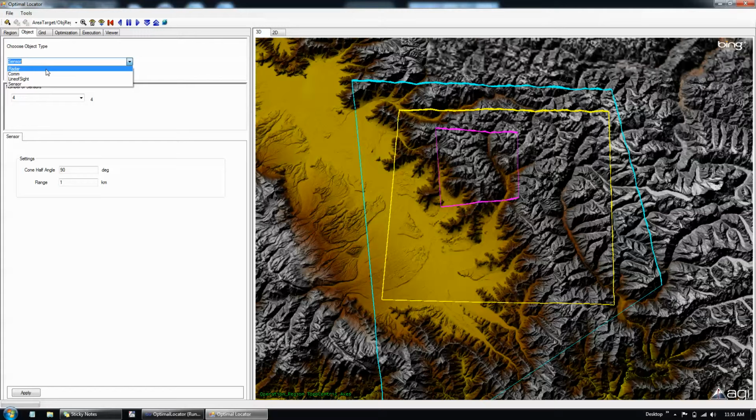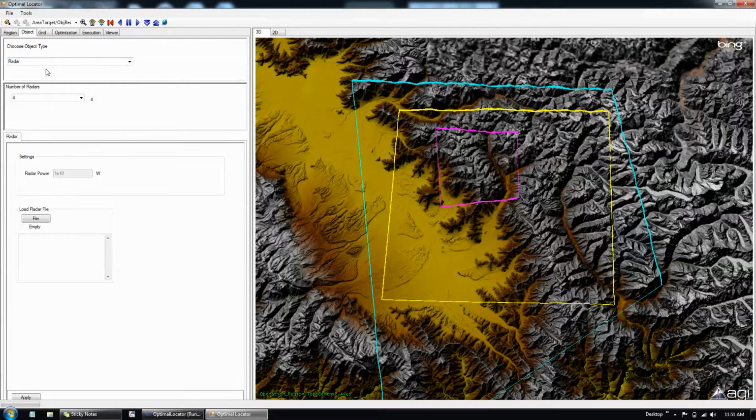I'll show the radar as a beginning, and once you choose the radar you can define how many objects you have, whether it is 3, 4, 5, it could be 2, it could be 1, and it could be any number as well. But for the time being I just limit it to this much. So I just choose 4, and then in this window, this is for future work, I have put a settings tab, and I can add any radar properties here, the same way as